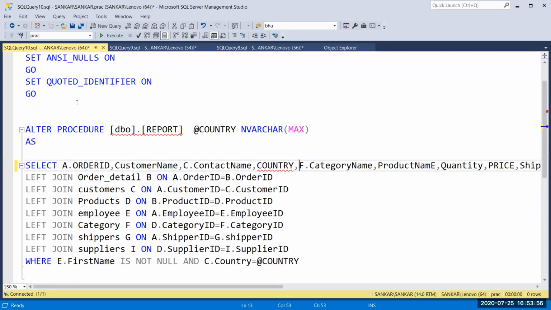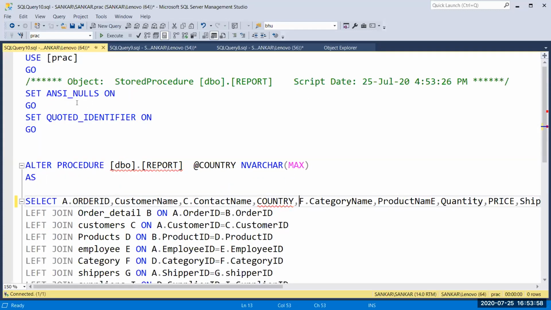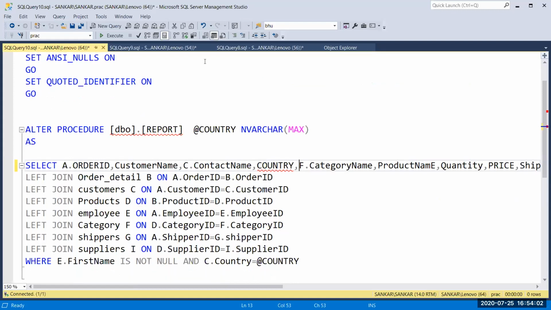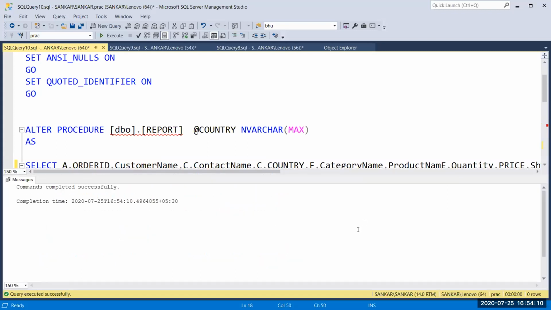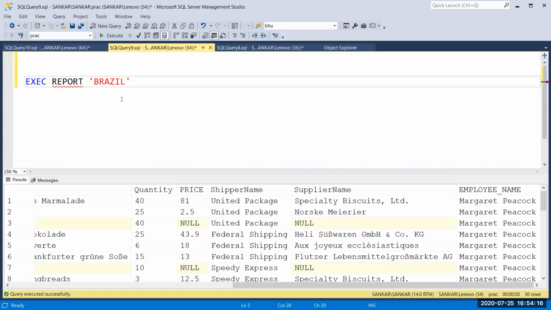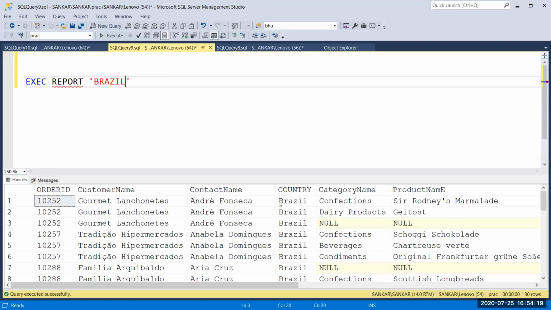The window will look like this. Then you change your column to C.country, then simply press F5. Now our procedure has been modified, and you can see the country here.